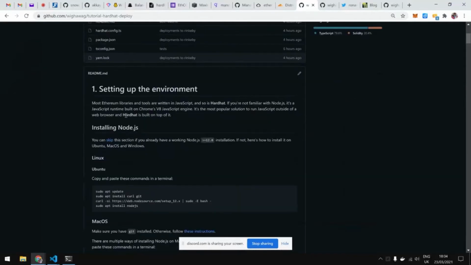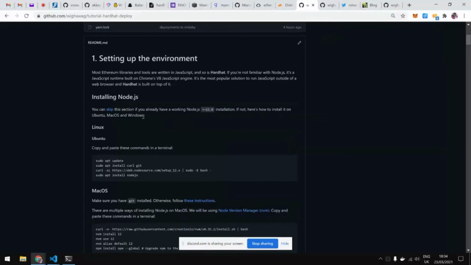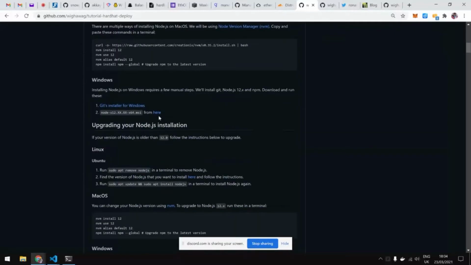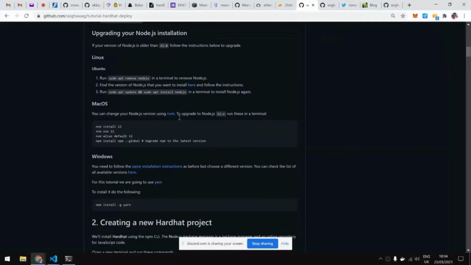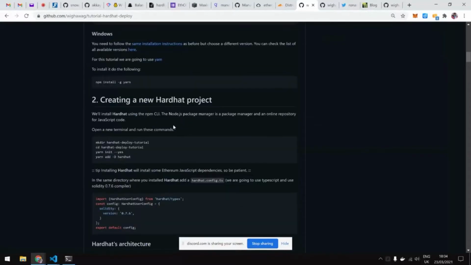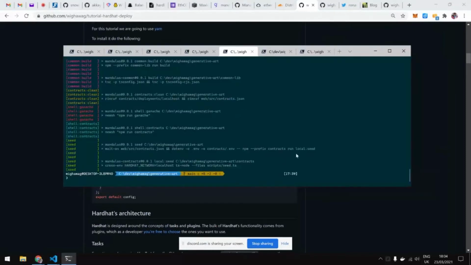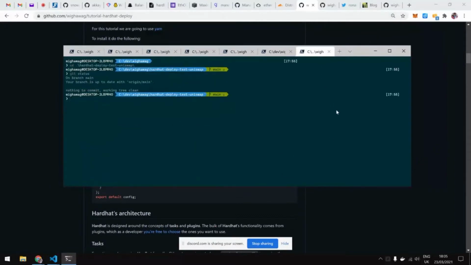So I created this repo, which has a README, which is basically a tutorial, and it's basically a copy, like a fork of the Hardhat tutorial. Some of it is very basic, like how to install Node.js for the various operating systems, etc. So I won't go into this detail, but we could create a repo basically to follow along. So that's what I wanted to do here.